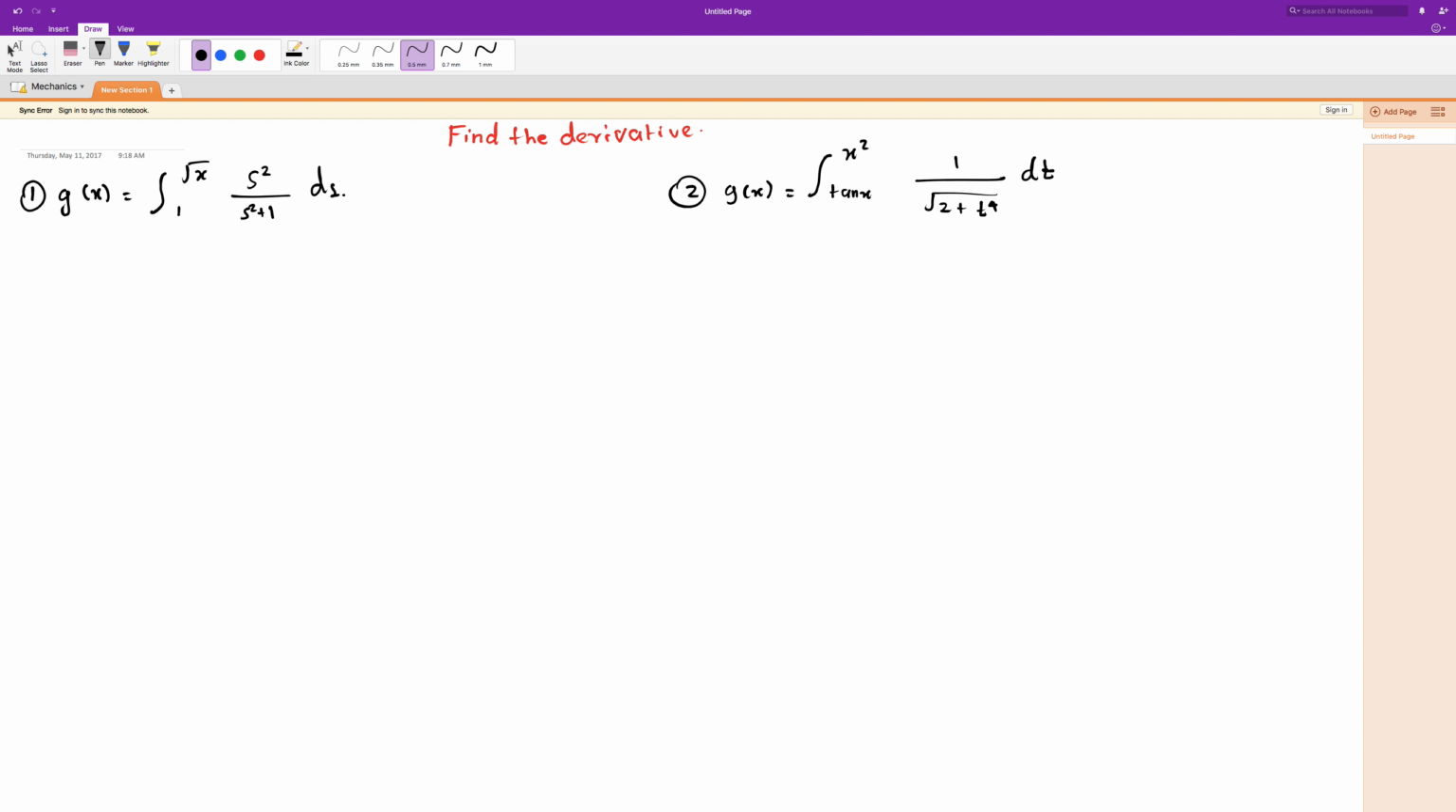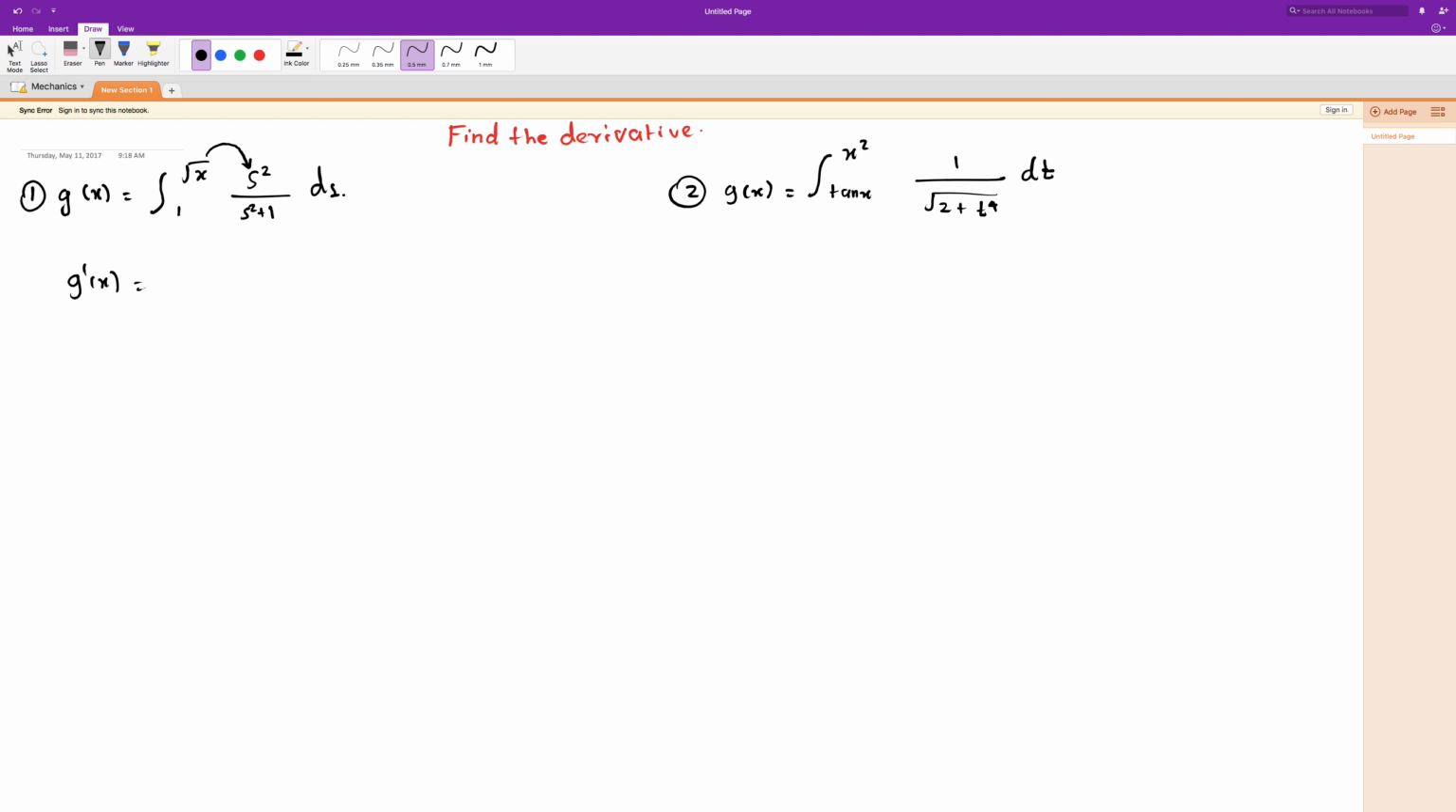So we have the function g of x is equal to the integral from 1 to square root of x of s squared plus 1 ds. So let's see how we can do this. For this one, the derivative is going to be simply we are going to switch this one with this, but in this case after we switch we have to multiply this one by